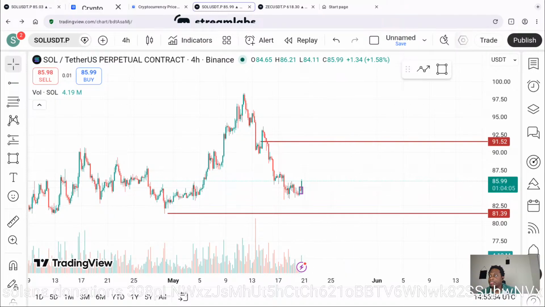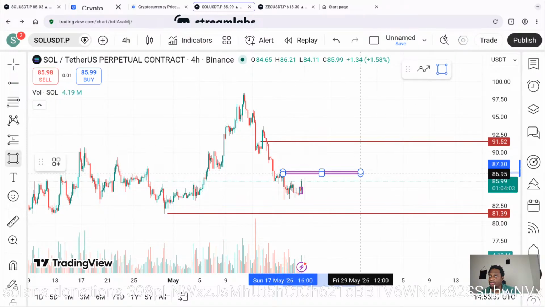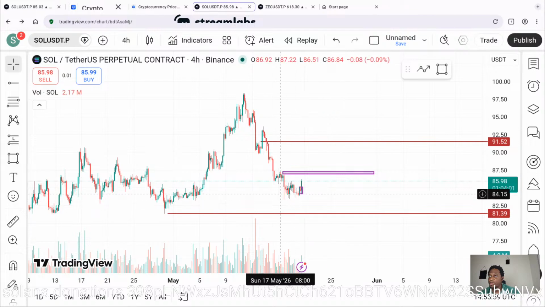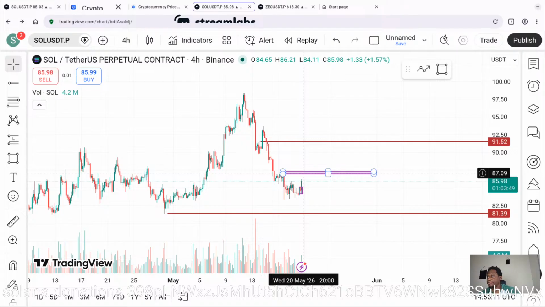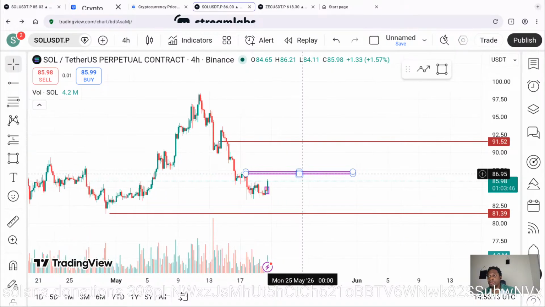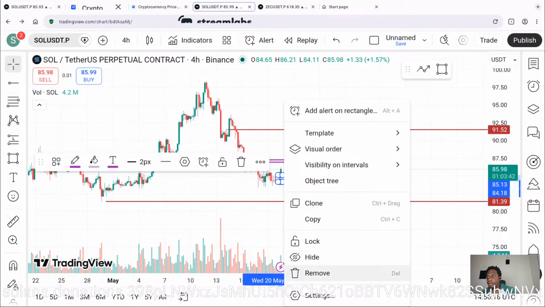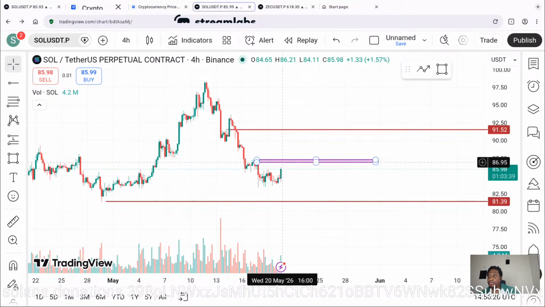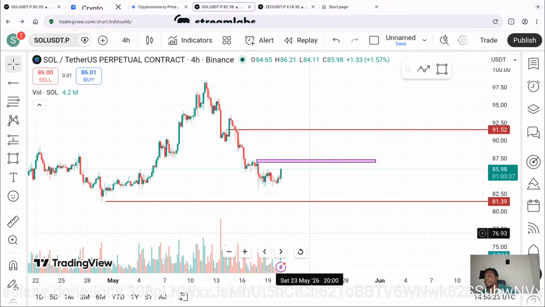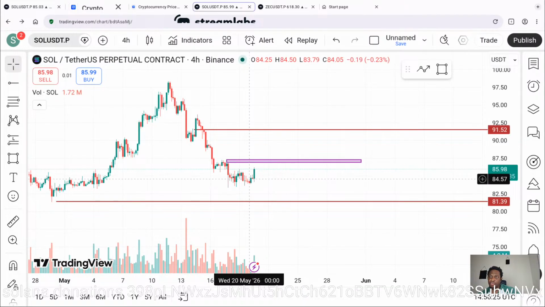Now from here, this is the structure you should be paying attention to. This move, because it was this red candle, this Judas candle that took us down. So if we are unable to break this area, then we're most likely going back down, because this is a minor structure that's just been taken out on a 15-minute candle.